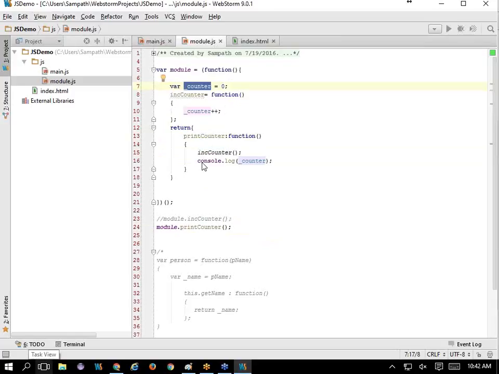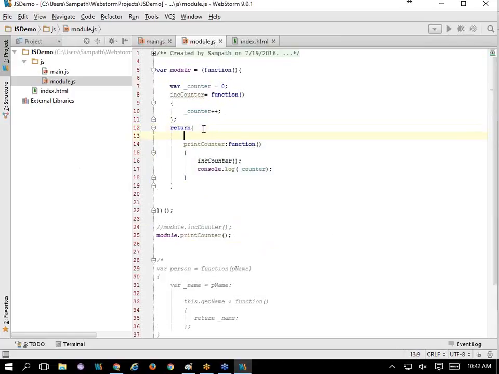It is going to be a combination of your private variables and your public variables, also your private methods and public methods. Whatever you want to be accessible outside, you will just put inside a return statement, whether it's a variable or using your object literal notation over here. Let's say if you want to create a public variable as well, a variable which you want to be accessible outside. Let's say I create